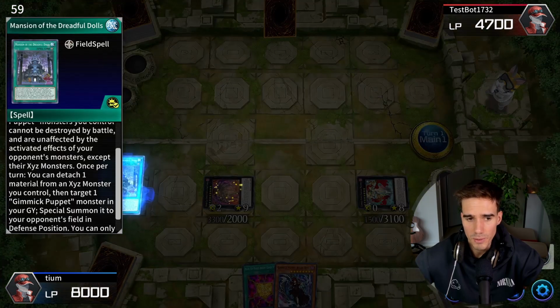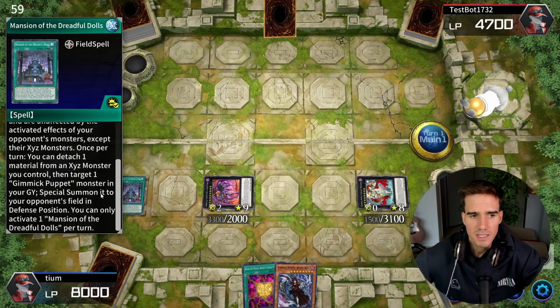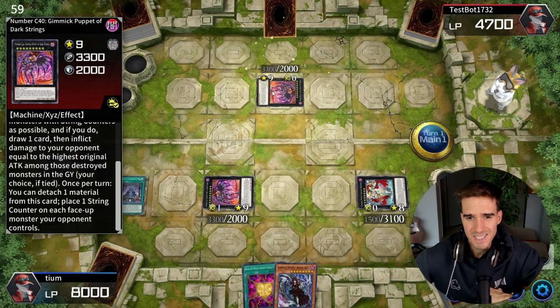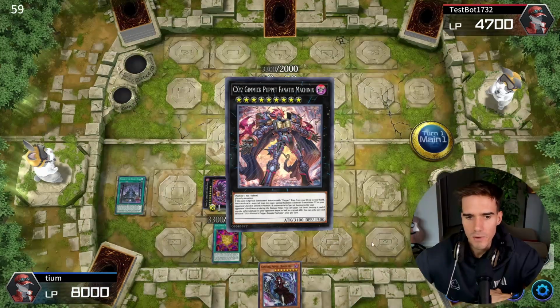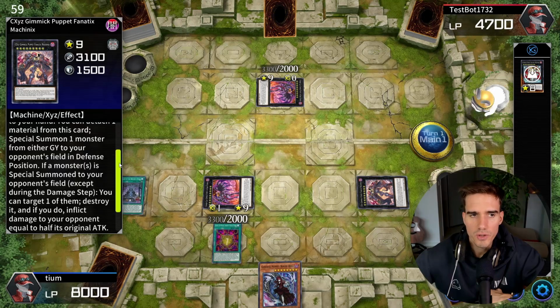Then we can activate the field spell's third effect, basically detach an XYZ material and then special summon a gimmick monster to our opponent's side of the field. Now we are going to summon the Dark Strings, which, because this is a mandatory effect, will once again activate, and we will also chain the rank up Magic Chaos Force, and we will go into the new Gimmick Puppet